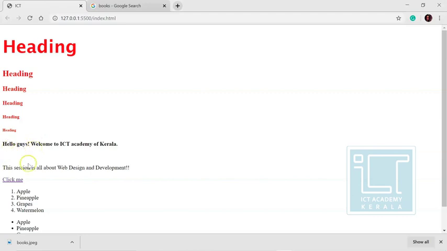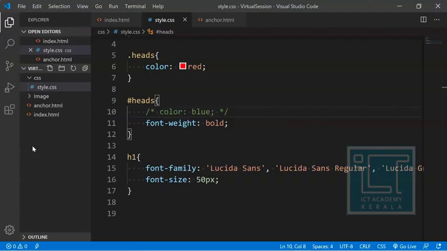This is a normal P tag, but this is a P tag whose font weight has been made bold. Likewise, there are a lot of options and syntaxes in font, so you have to explore more. I'm showing one or two cases like font family, font size and font weight, which are more important. Other properties are available on the internet, and you can explore them yourselves.